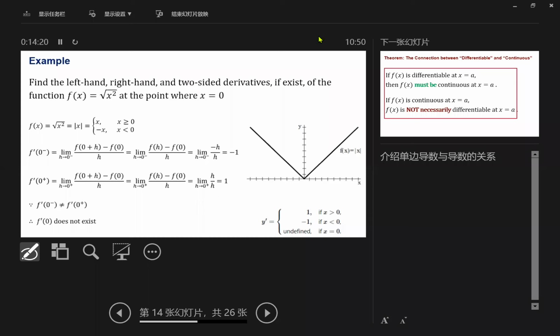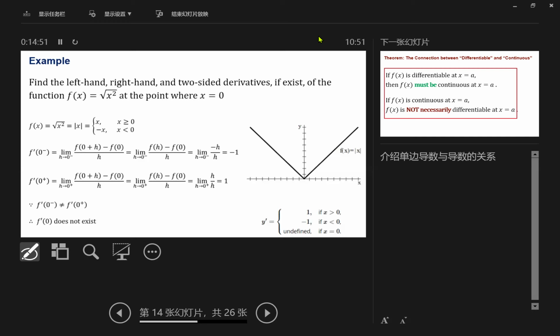Let's have a look at the solution here. If you want to find the left-hand and right-hand derivatives, you can just use the definition, right? First of all, as we said, this function can be simplified to a piecewise function. f of x equals x when x is greater than or equal to 0, and f of x equals negative x when x is smaller than 0. Therefore, the left-hand derivative f prime 0